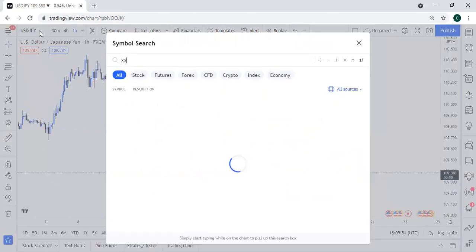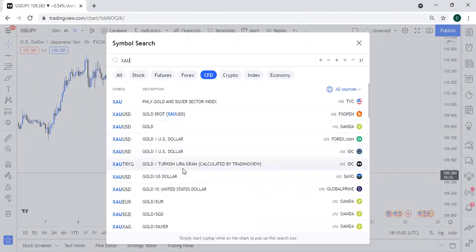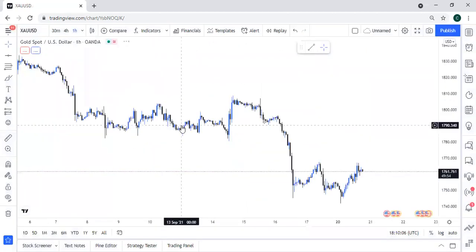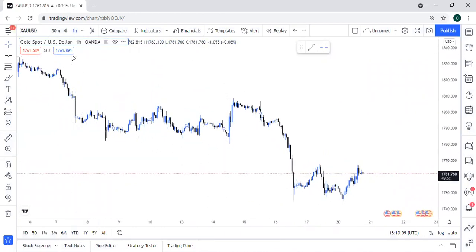Gold is actually a single decimal, in the sense that if price moves by 2 pips, it will be 1762.226. The gold decimal is 0.1, just one. So that will be 1762.2. If it is 10 pips,